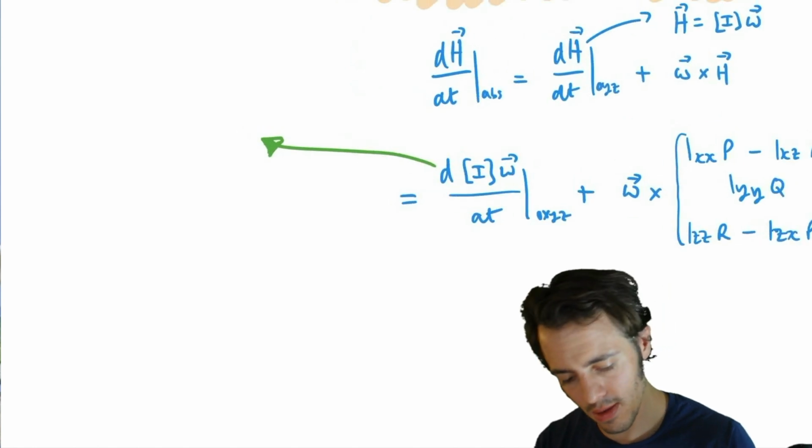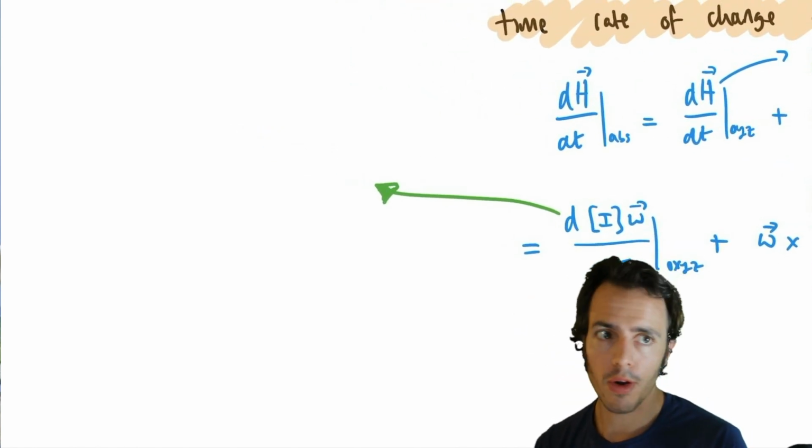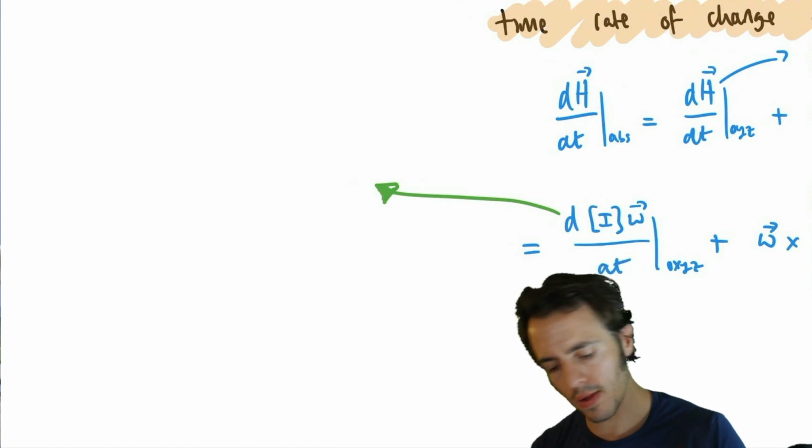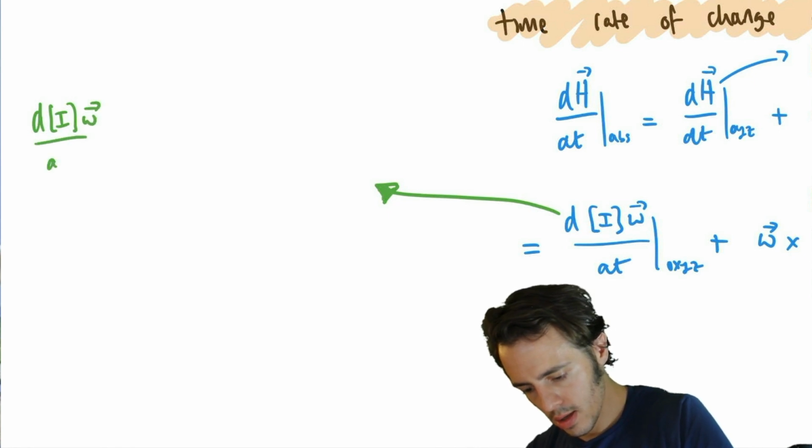Maybe, I hope it does. Okay, so because we've got two terms in here, we should really use the product rule to go through this. So we'll say that's d(I omega)/dt